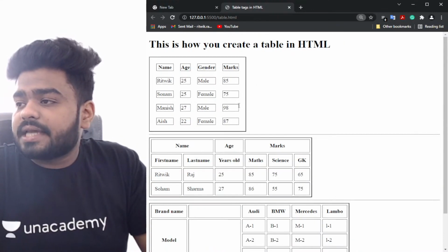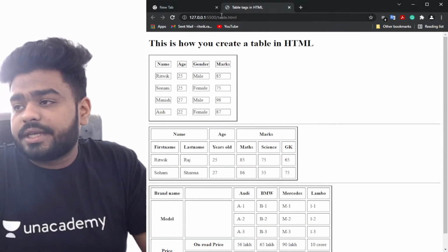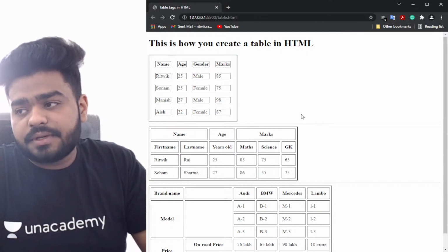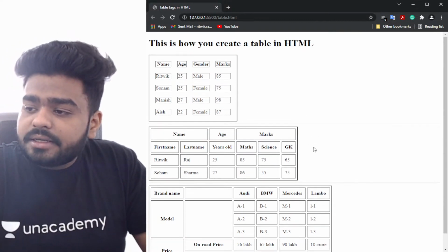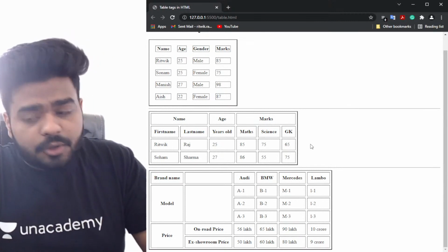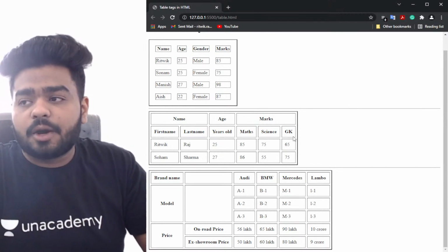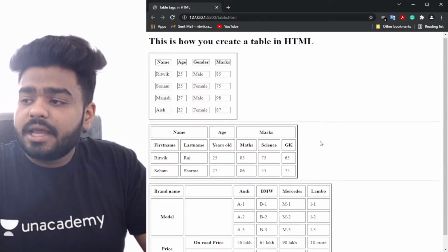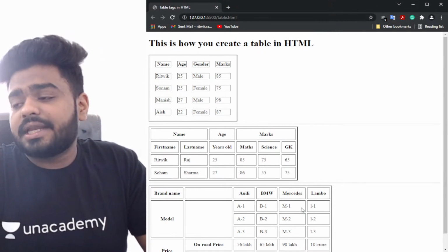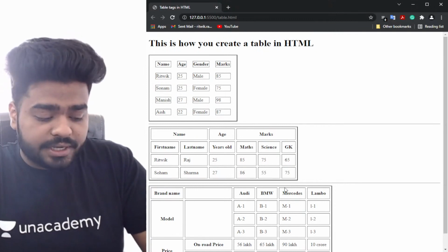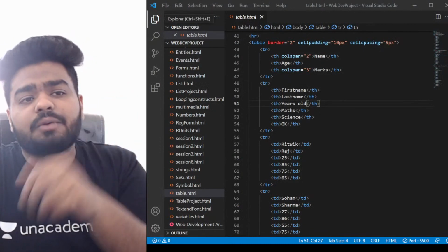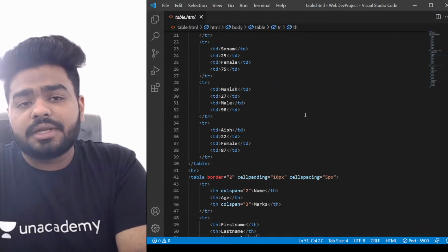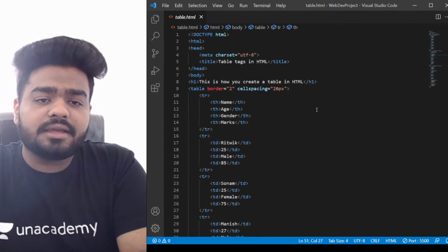So this was actually the page which we created, right? This is running in a live server. So this is how we created everything, correct? And I think I explained to you here about the row span, the col span, and how a normal table is created, right? But as you can see, we never used any kind of CSS property here, because I was only teaching how to create a table in HTML, correct? That's why I think I did not teach you